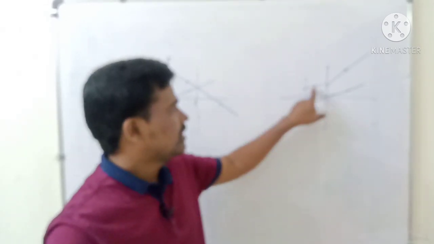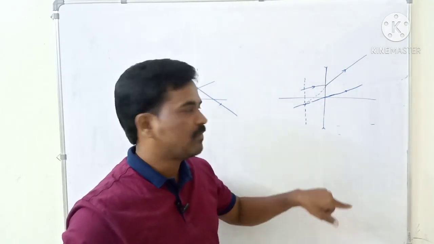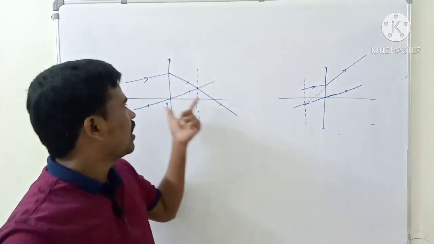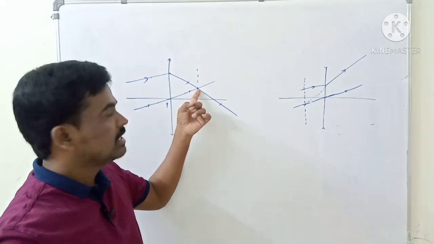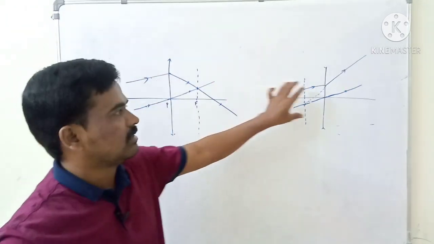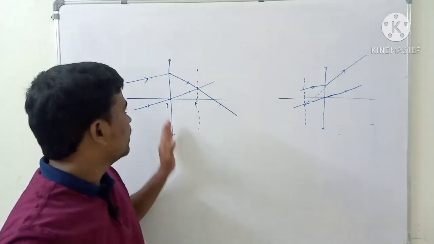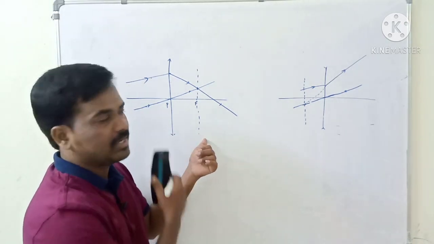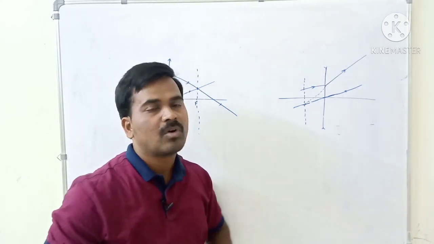So this is the path of the refraction we found with the help of a parallel line. Here and here it is the same: you have to draw a line parallel to the given ray. The parallel line touches the focal plane, and the given ray must go to that same point. The simple difference is that for the convex lens you take the focal plane on this side, and for the concave lens you take the front side focal plane.